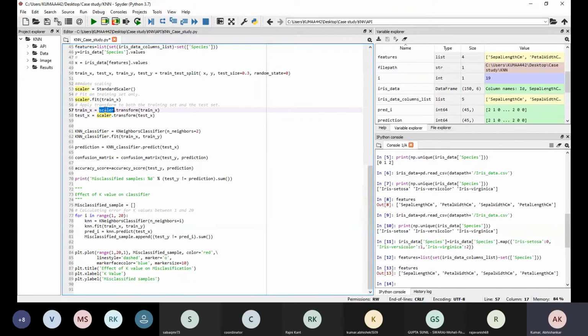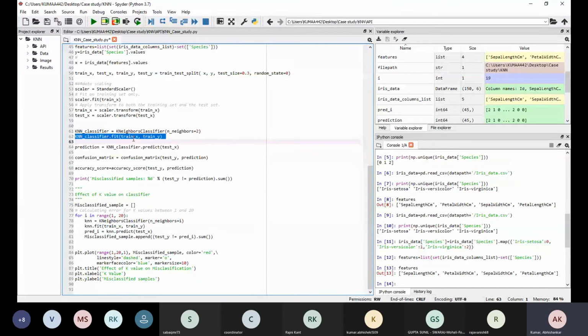So once you have scaled it, you call your KNN classifier. I'm saying we have to do n neighbors equal to 2, and it is very easy to build a model in Python.